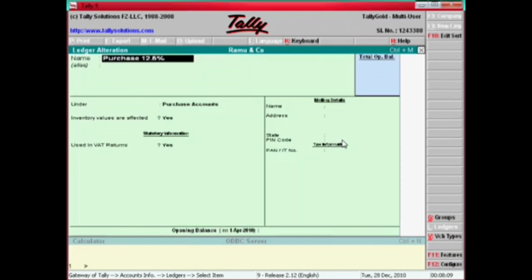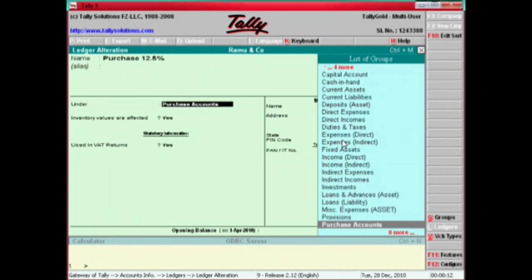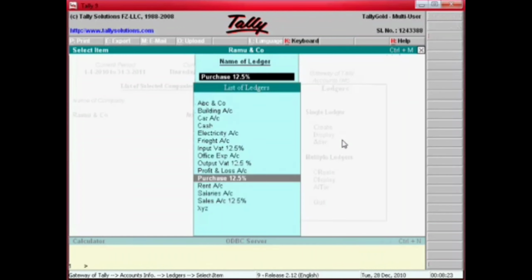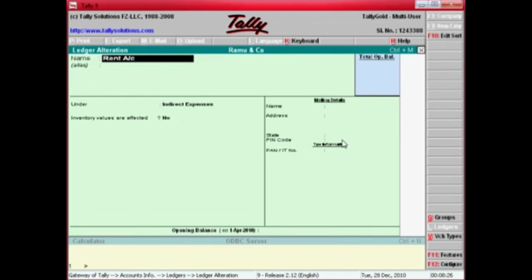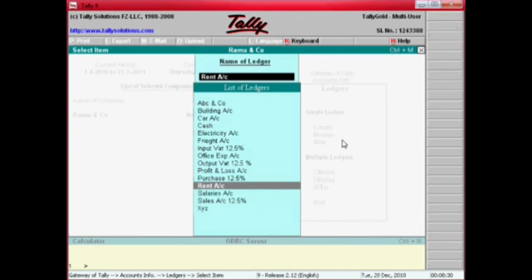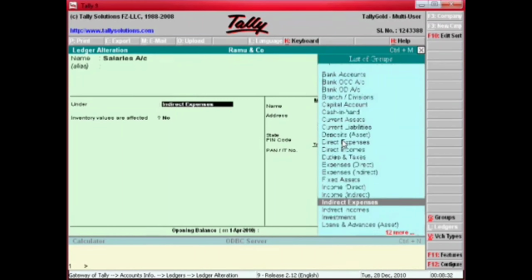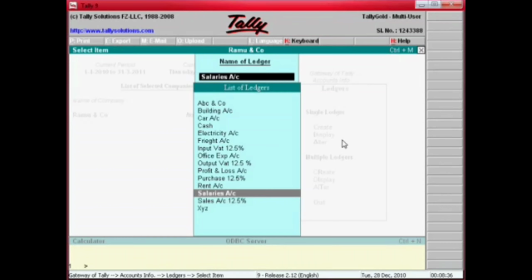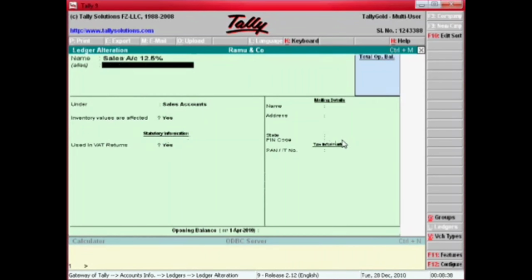Now the purchase ledger. Purchase comes under the group purchases. Inventory values affected, yes. VAT returns, yes. That's all. Then rent account is an indirect expense. Salaries is an indirect expense. Sales is the sales account.